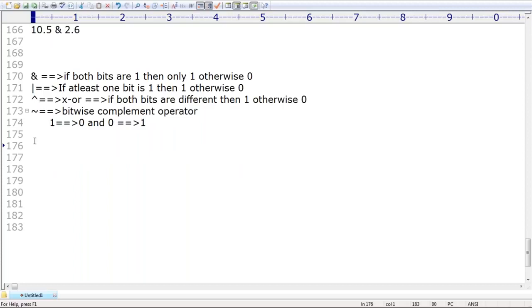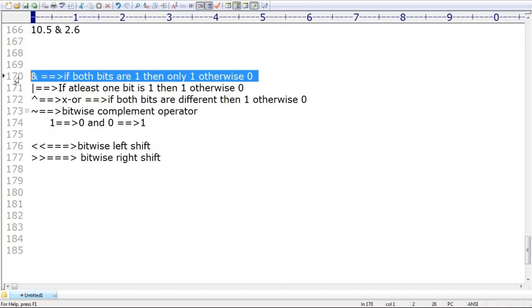Okay. Next, this is the bitwise left shift operator. Next, this one is the bitwise right shift operator, right? Okay, bitwise right shift operator. Can everyone understand? Don't worry, I will explain. Just be aware of the basic terminology.